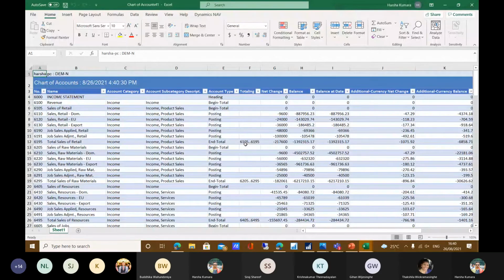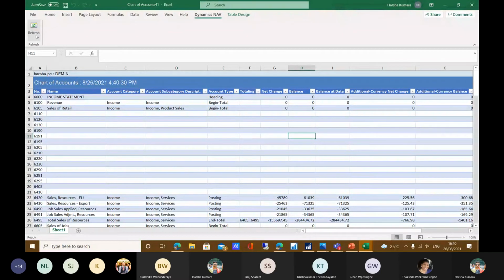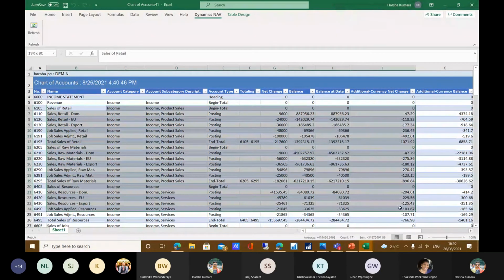This Excel sheet is always refreshing with Navision. Let's say you mistakenly deleted some data, then there is a button called refresh. Once you click refresh, all the data refreshes again with Navision, because all the links are available in Navision with the inbuilt feature in Excel. All the integrity and all the connections are also available, because both products are Microsoft products. The integrity and the connectivity are always working properly.